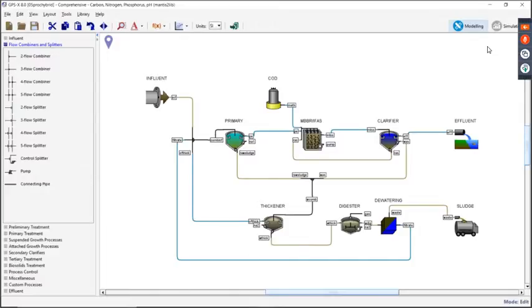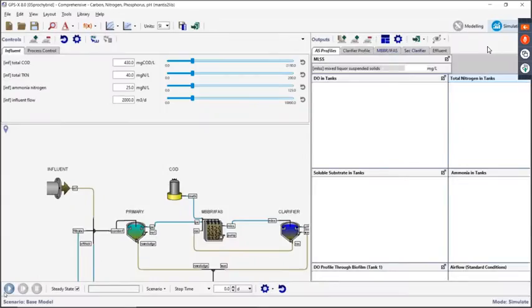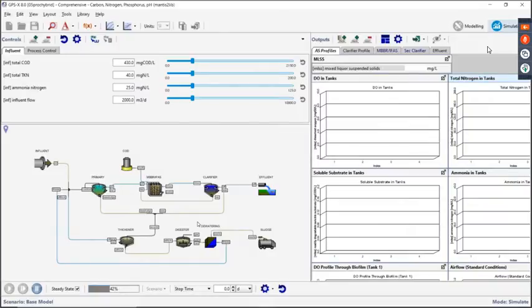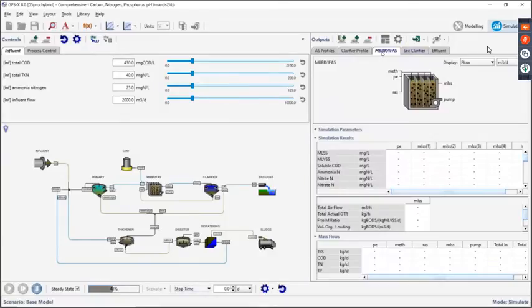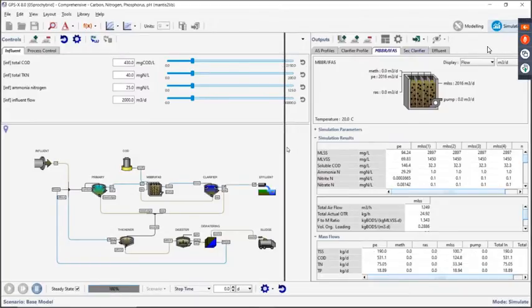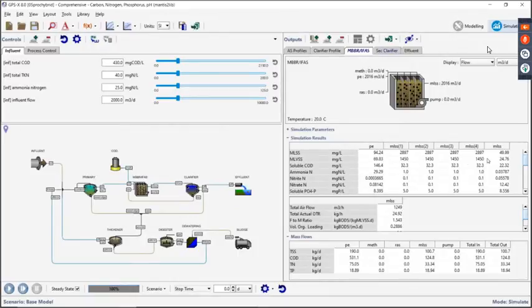Okay, so let's run this simulation so I can show you a couple of new output things as well. I'm just going to solve this for steady state. A lot of the ways that we find it useful in GPS-X to display the voluminous amount of information that comes out of these models is to put them in tables, these quick panels, as we call them. So for example, in this IFAS tank, we can see the summaries for the 4 reactors in series and the effluent, what's going on in this particular tank.